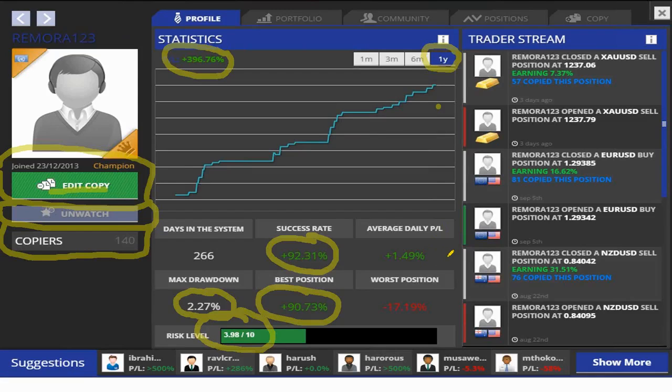You know, it's not something you can take your eye off. You have to watch the performance, as you should be treating the traders you're copying as an investment, as an instrument. Maybe Remora 123 is going to be my gold, and I want to keep an eye on him. If he starts to trade badly or more risky, then I'm going to stop copying him. I'm going to take my money off him, and I'm going to open up my social platform, and I'm going